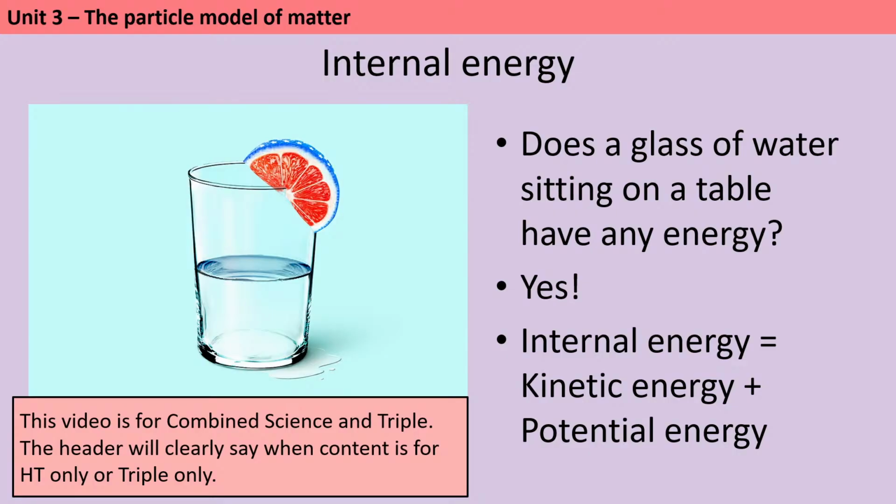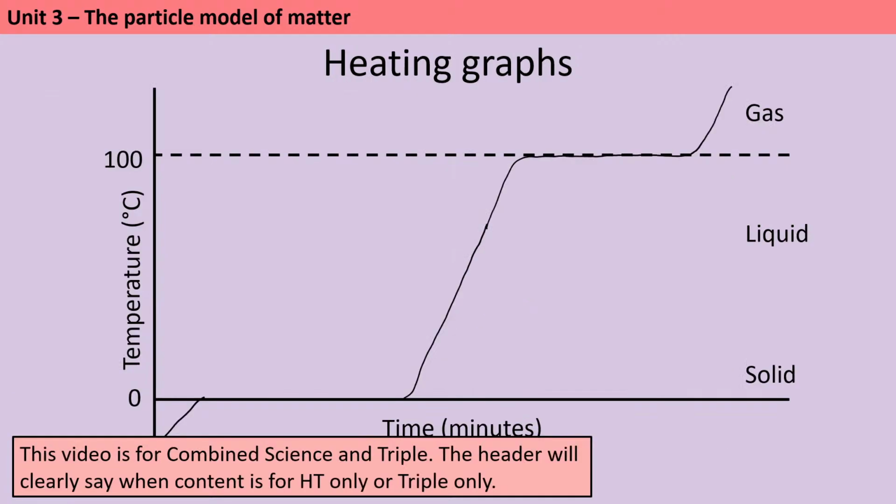All objects contain a store of energy called internal energy. This is made up of 2 things: the total kinetic energy from the system, in other words the particles that are moving around, and the total potential energy of the system. As you heat a system, the energy stored within the system will increase, but this isn't always reflected by an